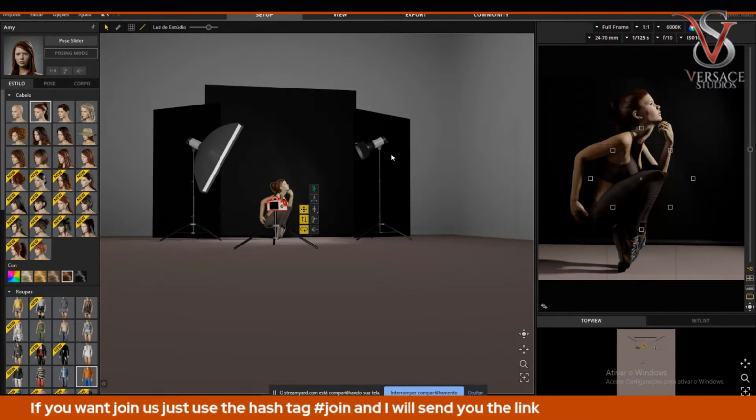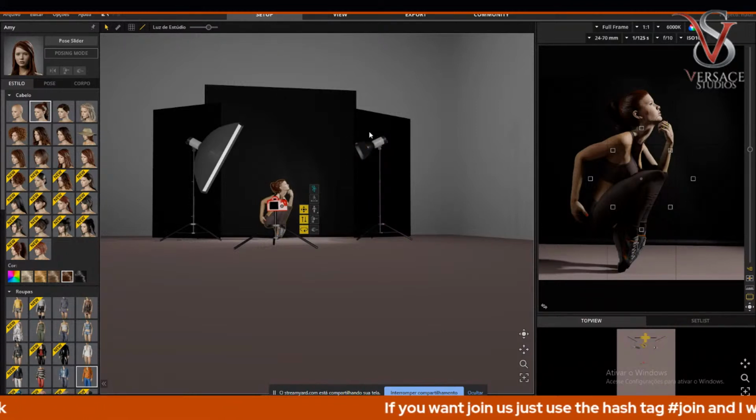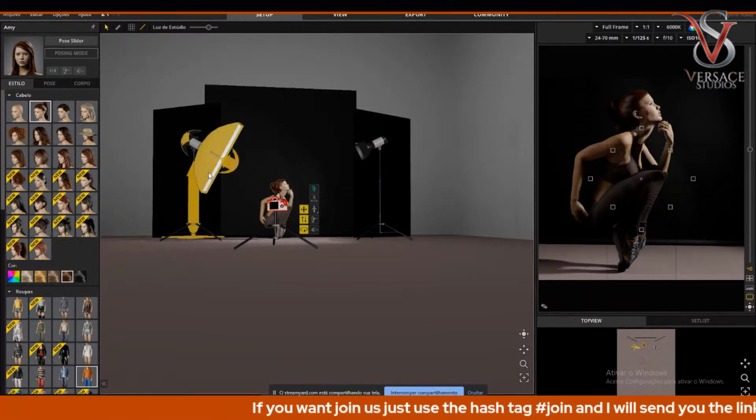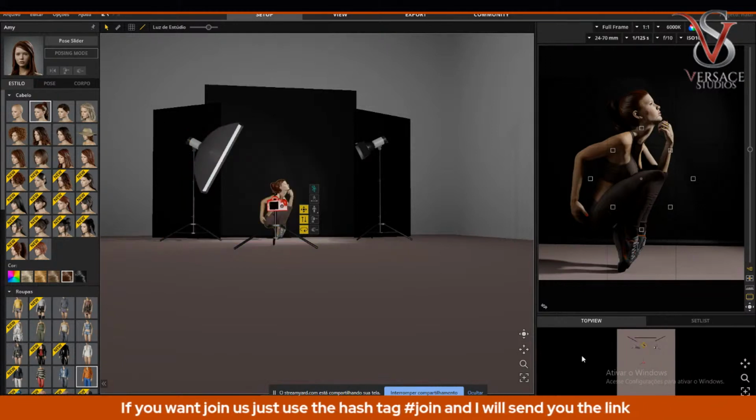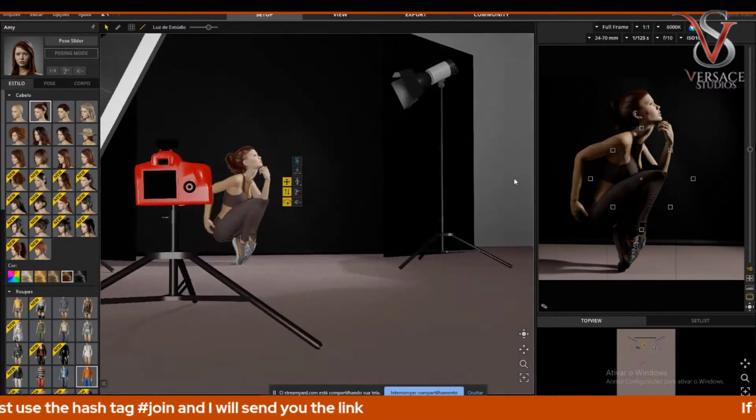If you look at this, what I did change, I changed the position of the face. I just direct her face to the light. I changed the standard reflector here, and I changed the other light to a strip box because I love strip box. Yeah. If you get closer here,